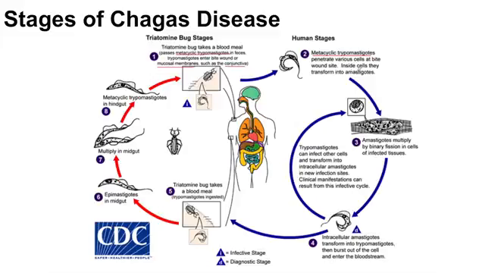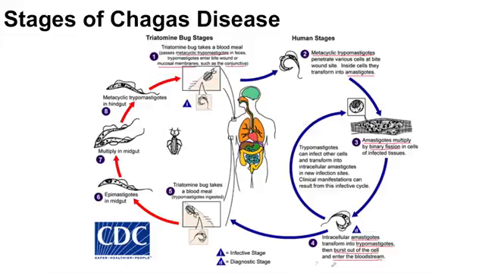Once these metacyclic trypomastigotes enter inside the cells, they transform into amastigotes. And the amastigotes can multiply by binary fission in cells and infected tissues. Now, these intracellular amastigotes can then transform into trypomastigotes, which can then burst out of the cell and enter the bloodstream. So after the trypomastigotes burst out of the cell and enter the bloodstream, they're in the general circulation, they can infect other cells and transform again into amastigotes, and they can again multiply in other tissues.